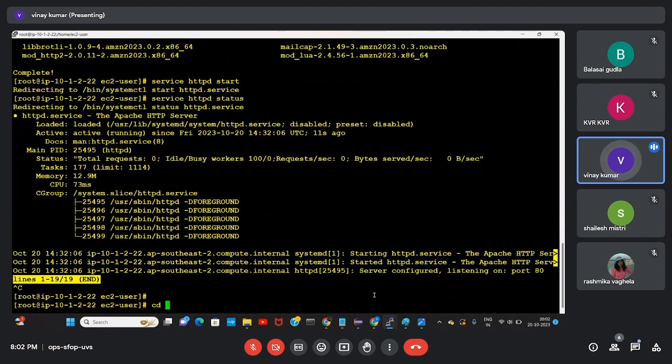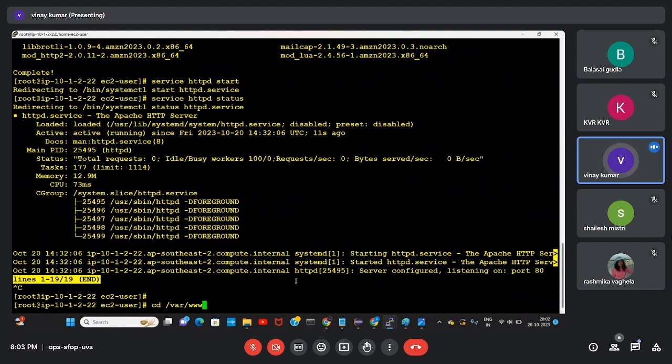Now I'm going to the same path, because in the HTTP application we need to save our index.html file in this particular path. If you want confirmation, you can also check online. You can search for the HTML location for HTTP application.